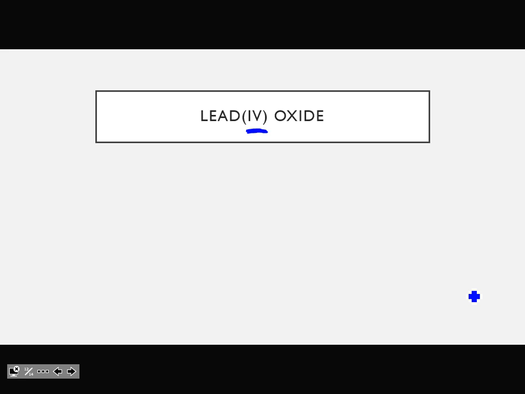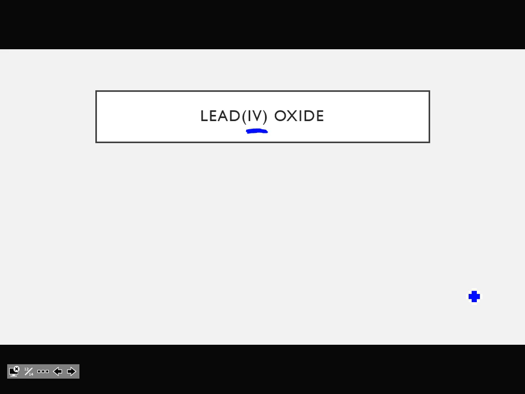Okay? Look at, let's say, calcium. How many oxidation states does calcium have? Just has one, it's a 2, right? So we wouldn't need a Roman numeral for calcium. If you put a Roman numeral and you don't need one, it's not correct. Okay? Look at copper, element number 29. How many oxidation states does copper have? 2. So I would need a Roman numeral. Copper could be a 1+ or a